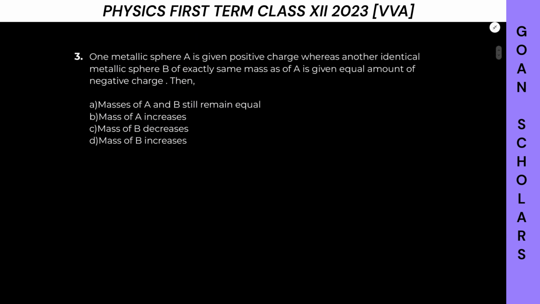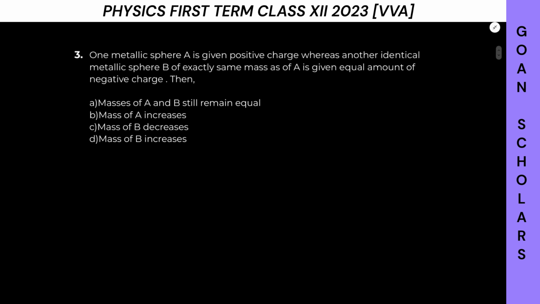Let's move to question number 3. One metallic sphere A. So let's draw a sphere. Let's say this is our sphere A. Is given a positive charge. Whereas another identical metallic sphere B, this is our B, is of exactly same mass as A, and it is given equal amount of negative charge. Okay, fine. Then masses, they are talking about masses. So if something is given positive charge means electrons are removed, and if electrons are removed, the mass will decrease. So here the mass is decreased